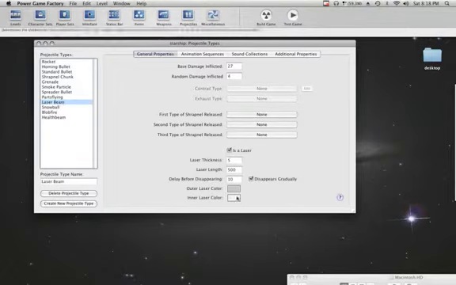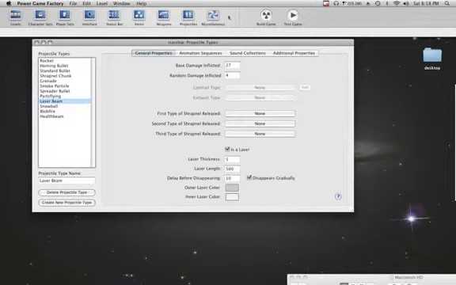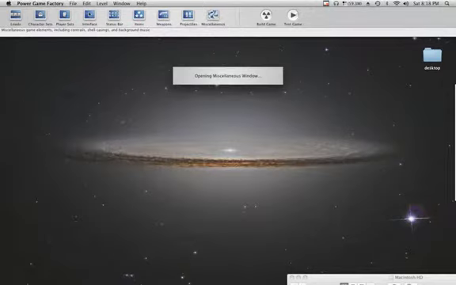When you choose laser, you get to see all these different features. Is it a laser? How thick is it? How long? How many pixels does it go? Delay before disappearing, etc. It's all customizable, of course. And then there's this miscellaneous window,